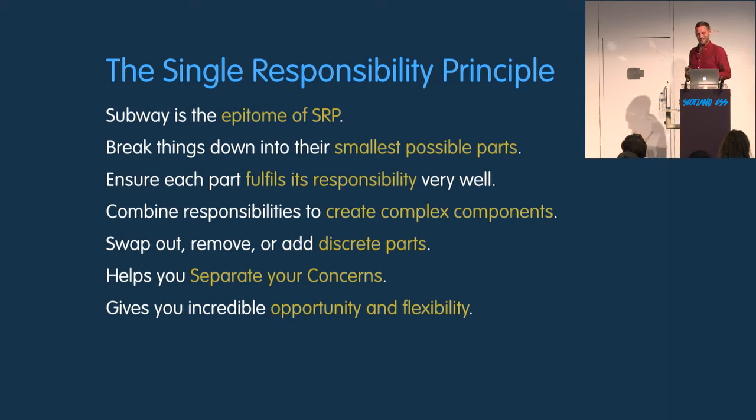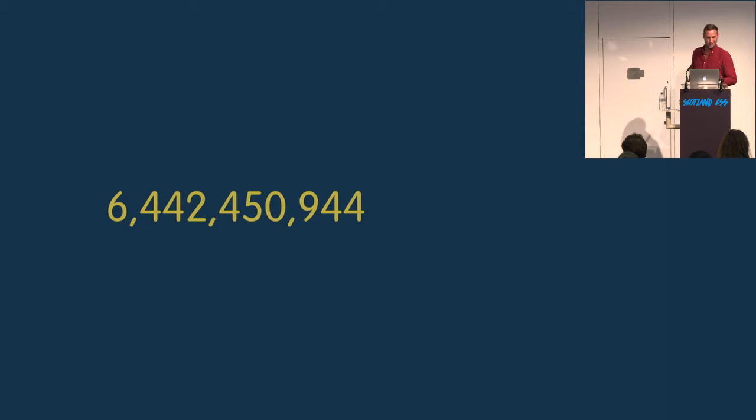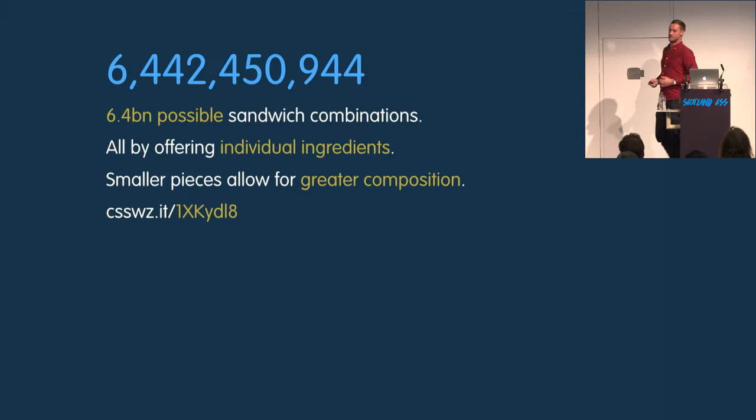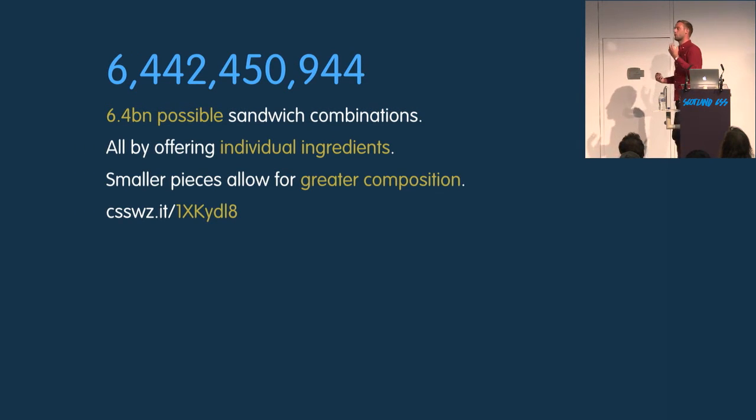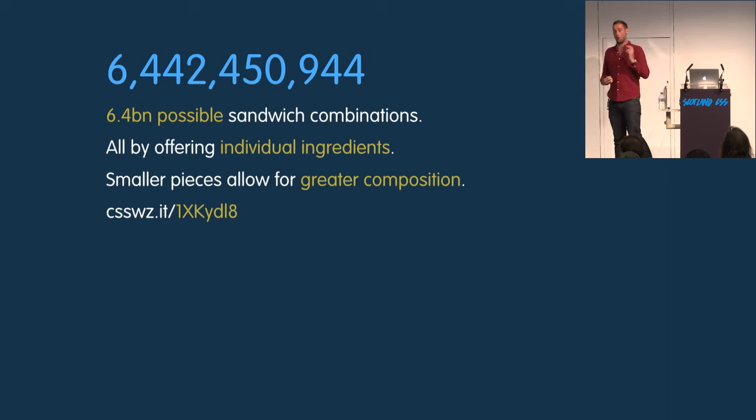So much so that you can actually make 6,442,450,944 sandwiches at Subway. All of them taste identical, but you can make 6.4 billion sandwiches just by being presented with the ingredients. This is astounding, and this is actually true. Someone actually took time out of their life to work this out. That URL at the bottom, someone shows you the numbers behind this, 6.4 billion different sandwiches, all because of the